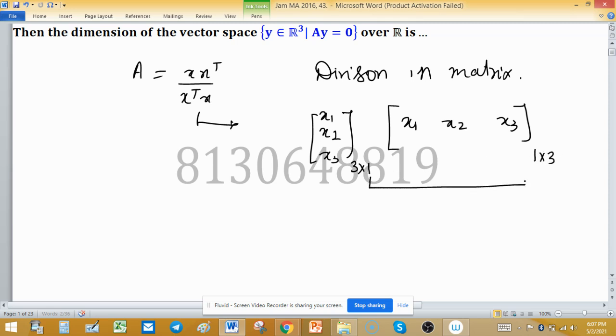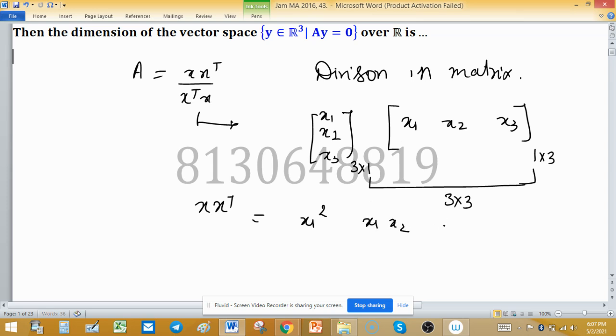So these two matrices are compatible for product, and the resultant will be a 3 by 3 matrix. After multiplying, we will get x1 square first row with first column,